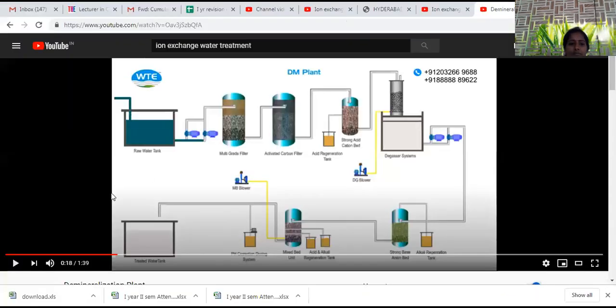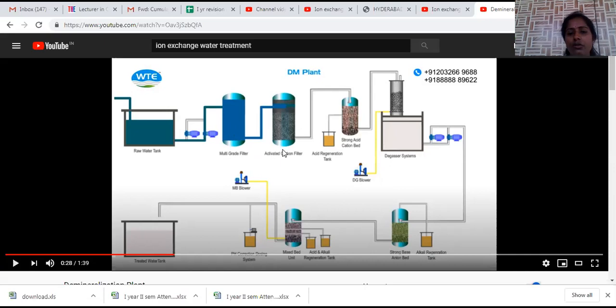Let us see this here. When we see the raw water tank, this is the raw water tank from which we are supplying hard water. When hard water is supplied, what happens? It first enters the multi-grade filter. These are the motors which are used to suck the water mechanically, so in order to increase the pressure, these motors are used. From the raw water chamber we are getting water by using these motors. First it enters the multi-grade filter, which is mainly used to remove any solid impurities present in the water.